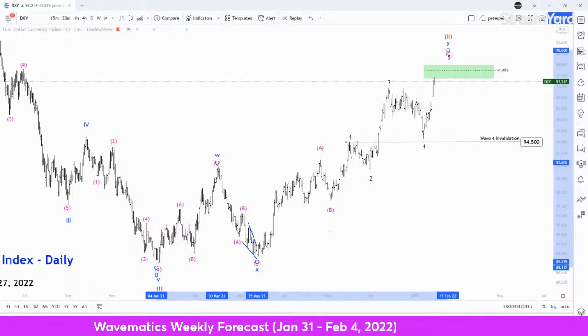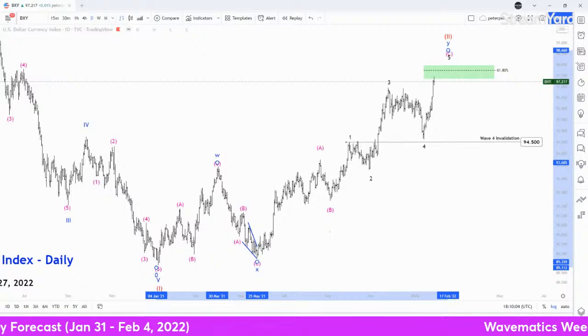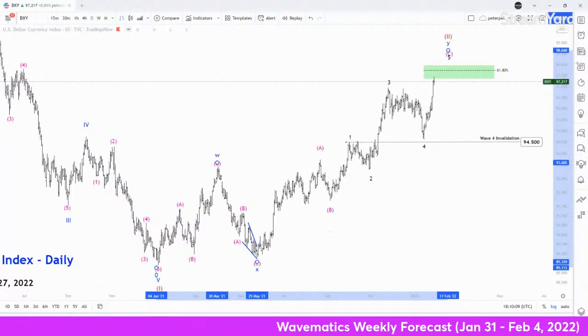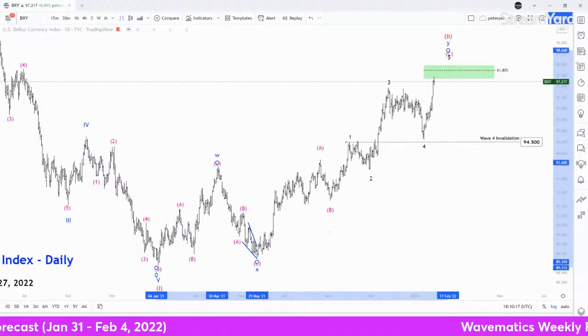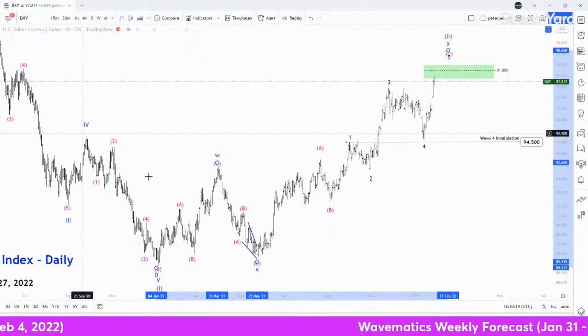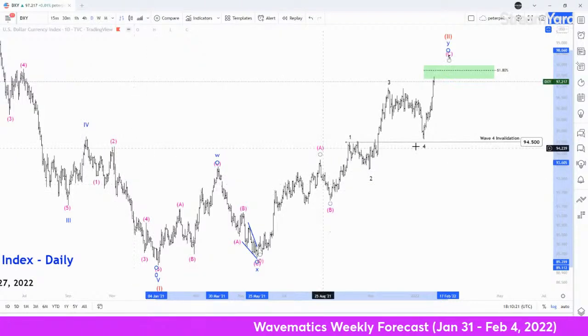Now we are starting with the dollar related pairs, and all the time I want to give you an update of how the dollar index is behaving. If you understand how the dollar index is behaving, it will help you understand how to trade the following pairs in the course of the week. We've been analyzing this particular chart for some time. If you look at our live stream on January 15th,